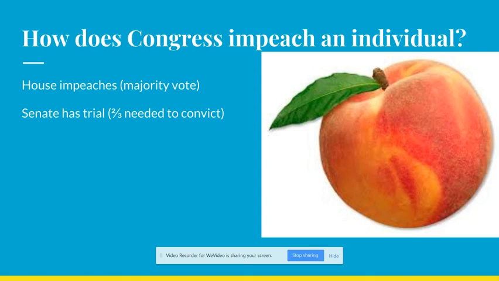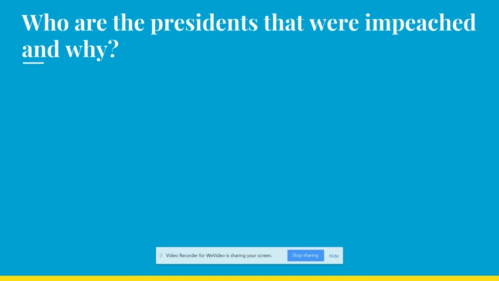So, who were the presidents that were impeached? There have been two presidents impeached, and one of them, believe it or not, isn't Richard Nixon. The two impeached presidents are Andrew Johnson and Bill Clinton. Andrew Johnson was impeached because he fired somebody that Congress said he couldn't fire. That offense was officially violating the Tenure of Office Act. Andrew Johnson was acquitted, which means he was found not guilty.